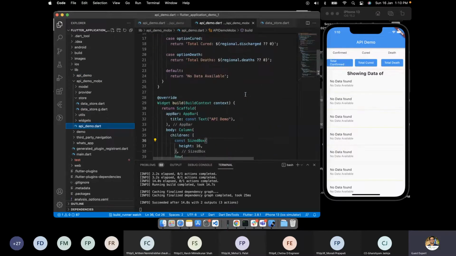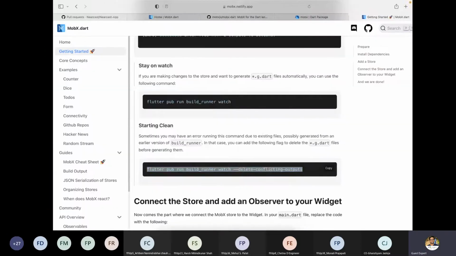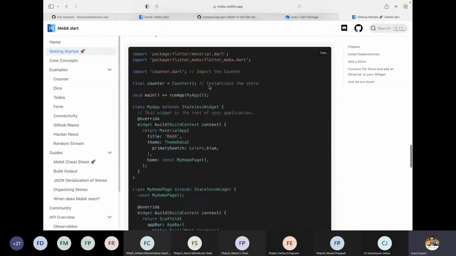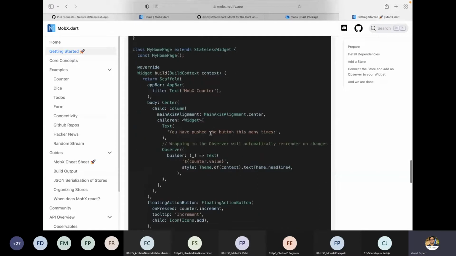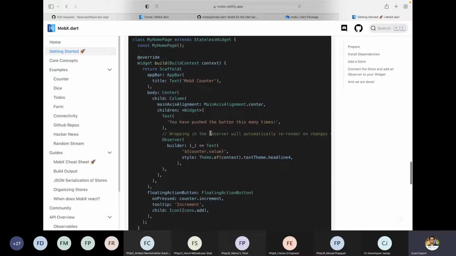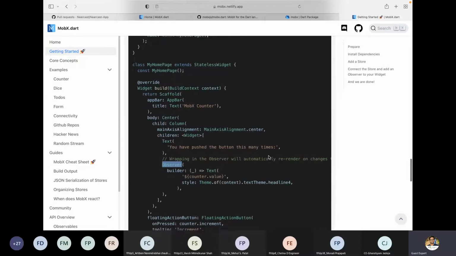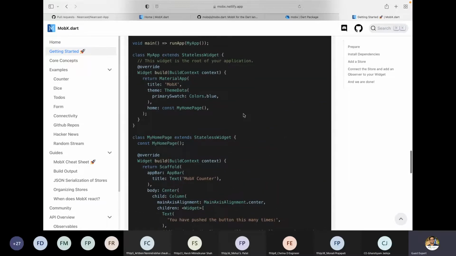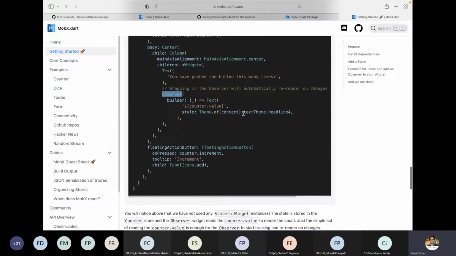So what we'll do is simply create an object. This is our stateless widget. In the stateless widget, we will create an object of our MobX store, and then we will write the code. In MobX, if we want to use the store, there is a simple thing known as the Observer. It's as simple as that, and we just call this Observer and run the app. Nothing new we need to do.